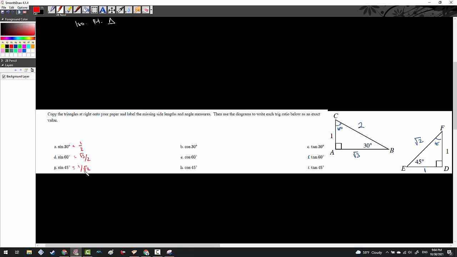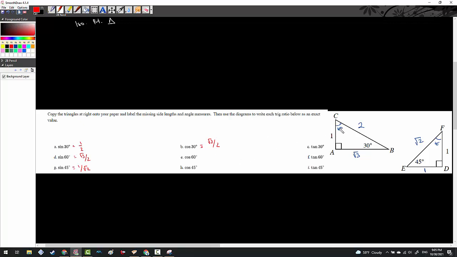I'm not going to leave the answer like that, but there's going to be another 1 over rad 2 at some point, and we'll go there when we need to. Cosine of 30. So back to the ABC triangle here. Cosine of 30 looks like adjacent over hypotenuse, which is going to be rad 3 over 2. Feel free to pause and try to get these answers before I do, and then we'll go from there. But if you feel like staying with me, then we'll head over to cosine of 60,